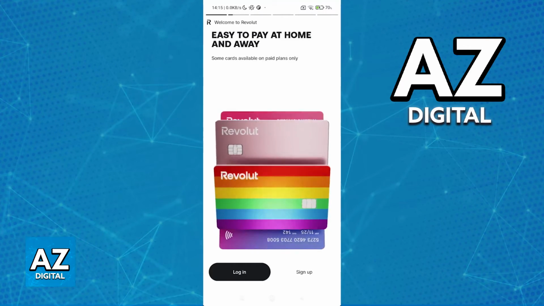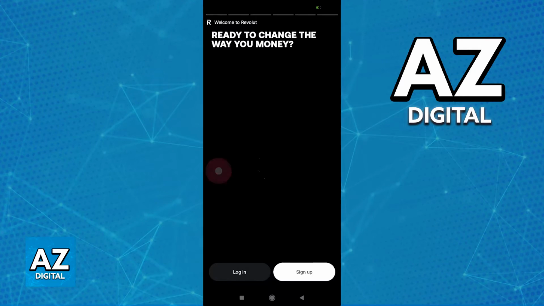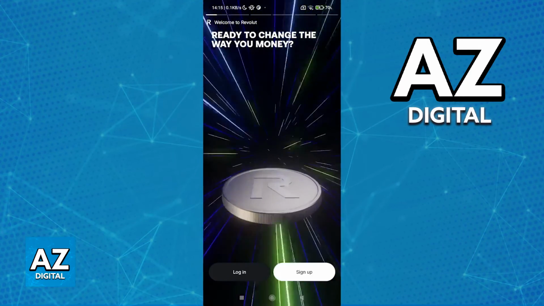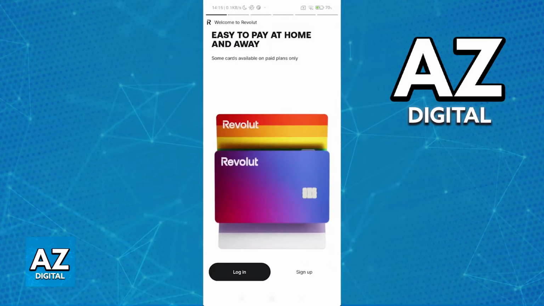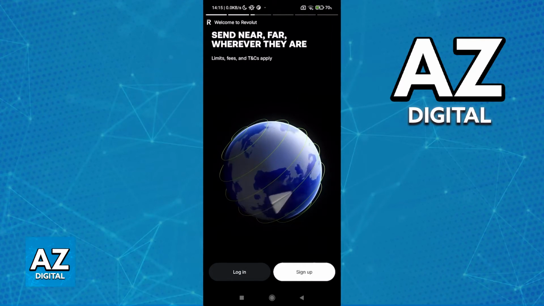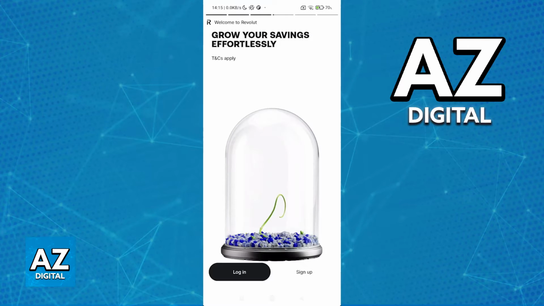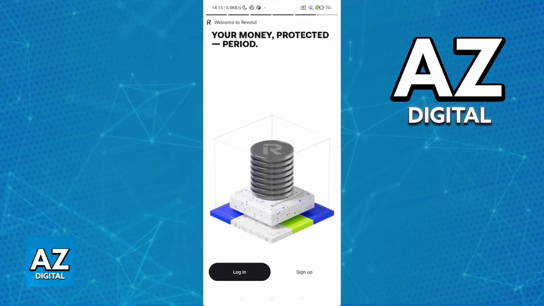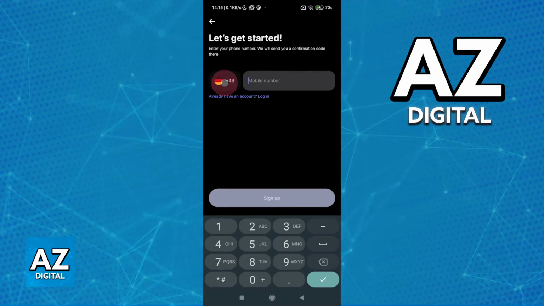the sign-up process. So when you open the application for the first time, they will guide you through all of the features included: ready to change the way that you money, easy to pay at home and away, they have their own card, send money near, far, to other currencies, grow your savings, invest, and so on. Once you see all of this, just tap on sign up at the bottom right corner of the screen, and